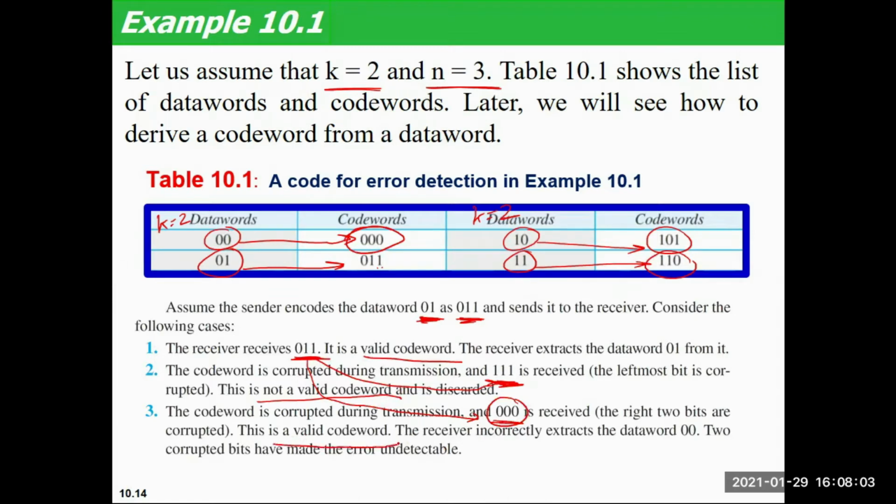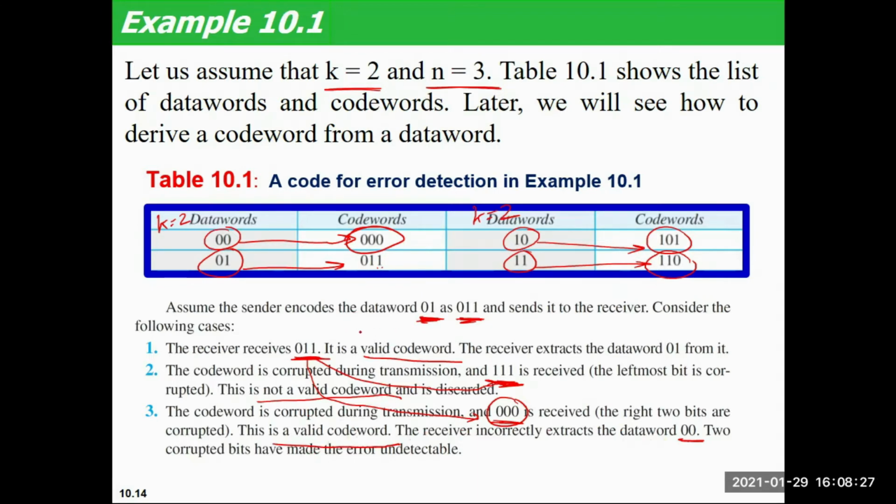So the receiver will say it is a valid code word and extract the data word from that, that is 00. But we know that we haven't sent 00, we have sent 01, and this is an incorrect receiving of the data word. So these three cases may happen.